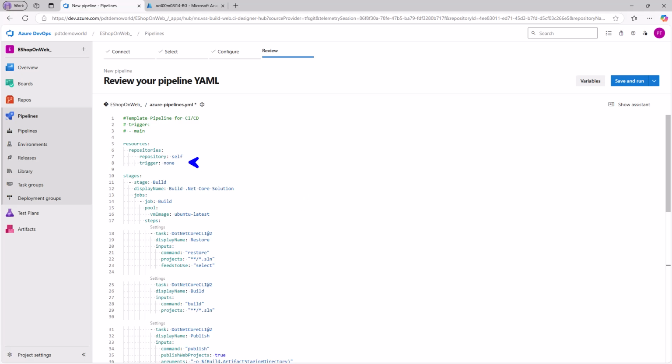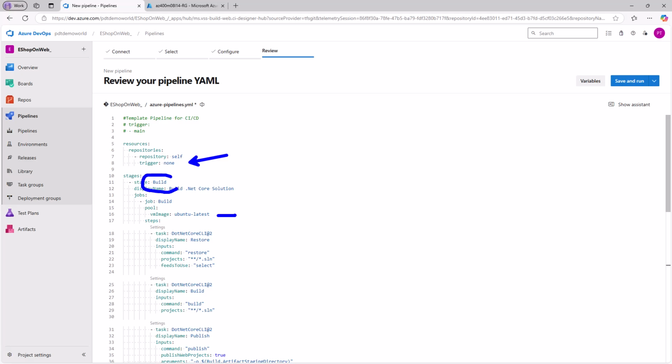So the first part here, resources, I would say emphasizing trigger none means that there's no full CI or CD yet. It's not automatically running the pipeline, that's what it means. Trigger none actually defines that it is a manual triggered pipeline, meaning the DevOps engineer has to push the button to actually run it. Next, we define stages, where the first stage over here is called build, and what we're doing there is running the CI part, continuous integration,